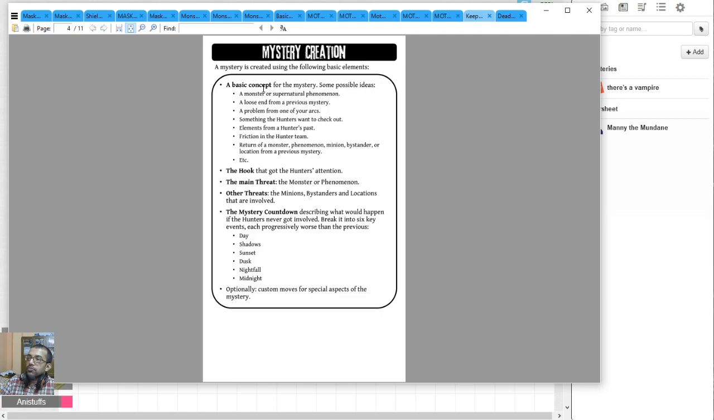A mystery is created using the following elements. We have the concept for the mystery, the hook that gets the hunter's attention, and the main threat, the bad guy that's causing all the nonsense. We have other threats. Threats are generally anything that stops you, or literally anything that can be a threat. It's any other instance that is not the player character or any item, and that is called a threat. So NPCs,